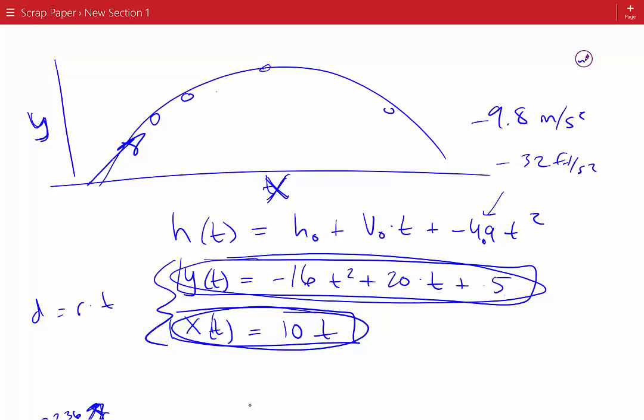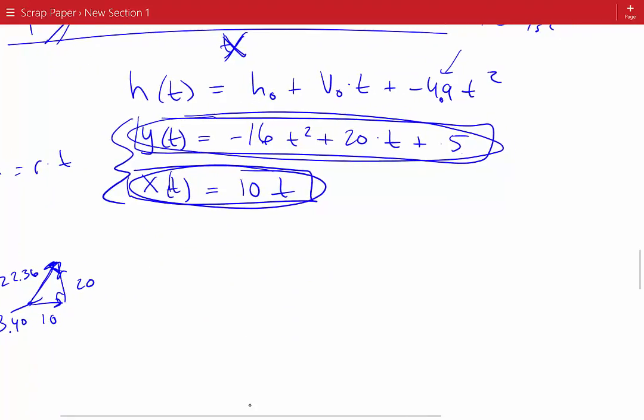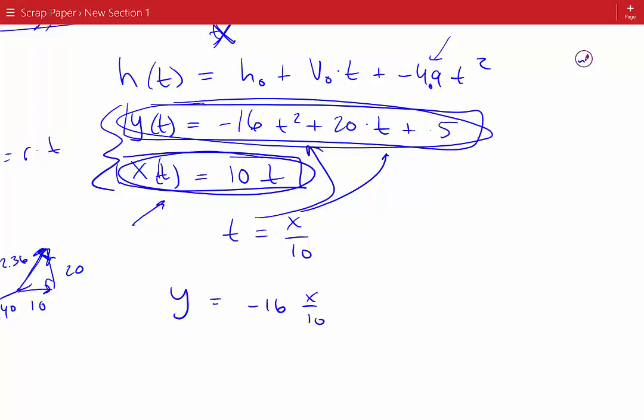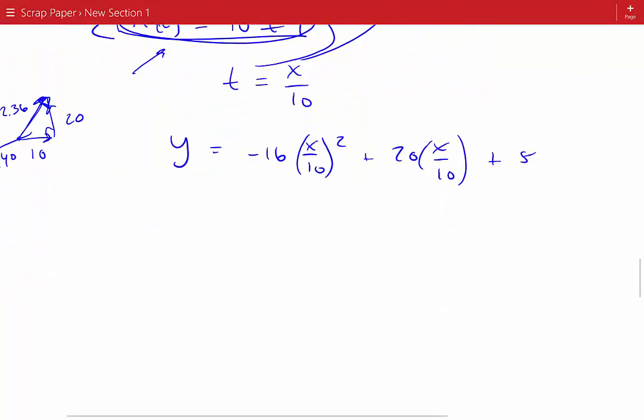I could also eliminate the parameter here, which I might as well do for this real quick. Now, to eliminate the parameter, what I would do is solve one of these for t, which is the easiest one. So I'm going to do t equals x over 10, and I'm going to plug this in to these t's here. What I get is y equals -16 times (x over 10) squared plus 20 times x over 10 plus 5. Now I could simplify this a little bit,